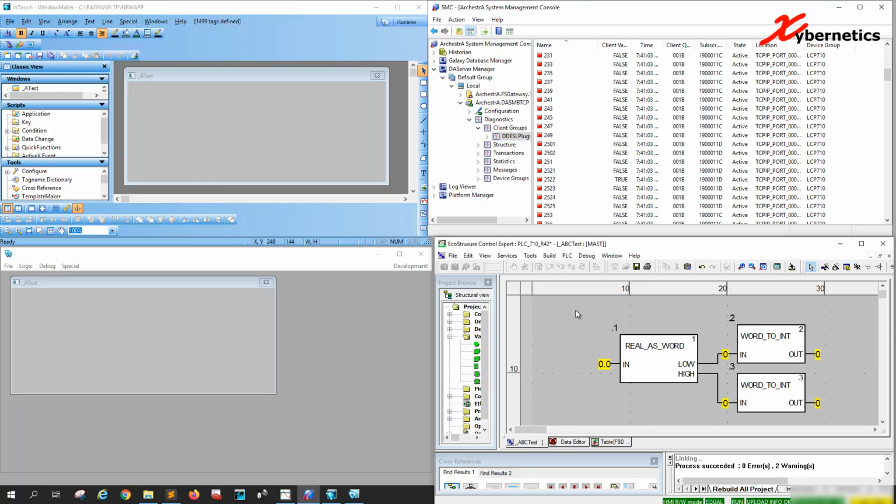Okay, you're done. Gray screen means that you're online with a PLC. So it's 0 right now, spitting out 0, 0 integer. Now, next thing we're going to do is you're going to add a widget here to display the floating point